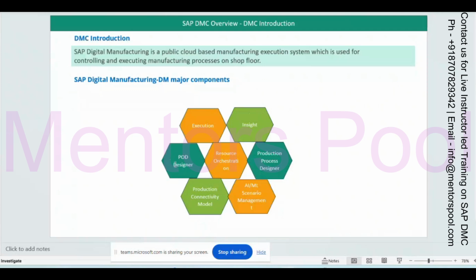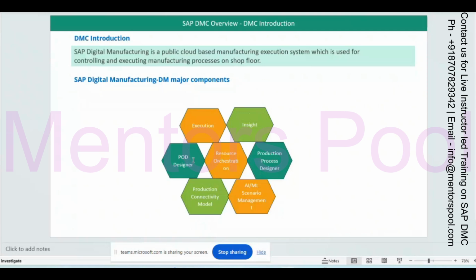They use it to record their time, start and complete operations, assemble, perform their work, and update their work data to DMC.